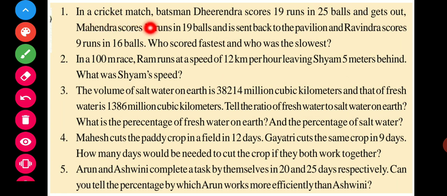In a cricket match, batsman Dhirendra scores 19 runs in 25 balls and gets out. Mahendra scores 14 runs in 19 balls and is sent back to the pavilion, and Ravindra scores 9 runs in 16 balls. Who scored fastest and who was the slowest? Now we can consider who is fastest and who is slowest. So you can see